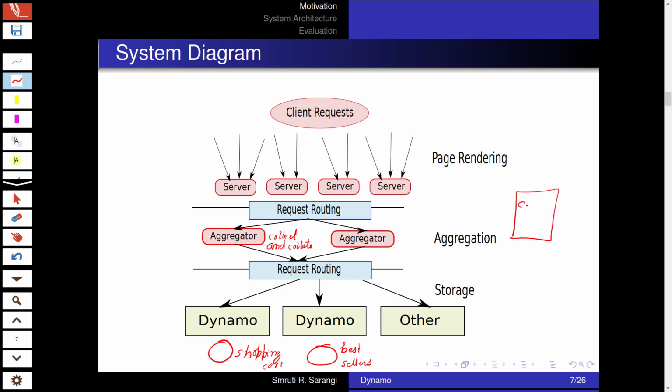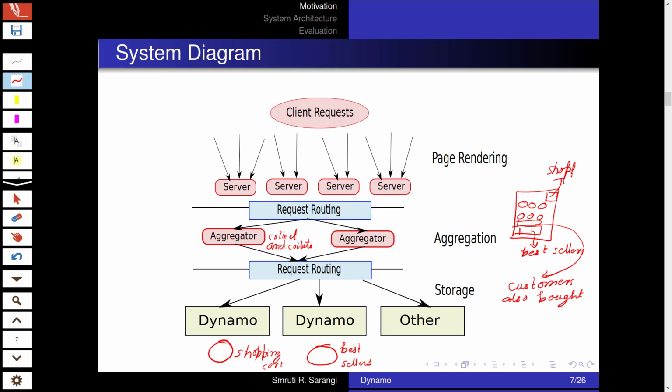If we consider a typical search page, Amazon might have a list of search items over here. It might have this part which is like best sellers in this category. It might have another part of the page which could also be customers also bought, that customers also bought similar items. And then of course here there will be details of the shopping cart.